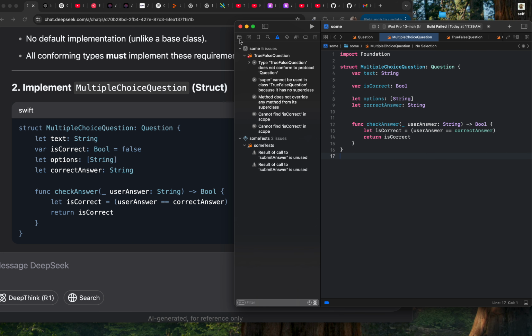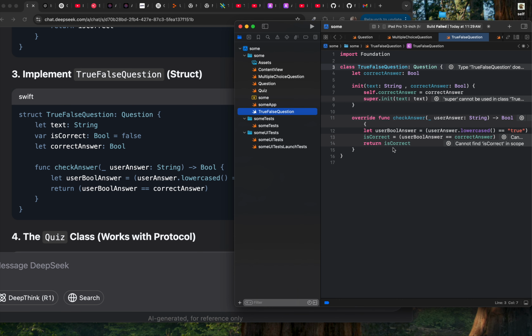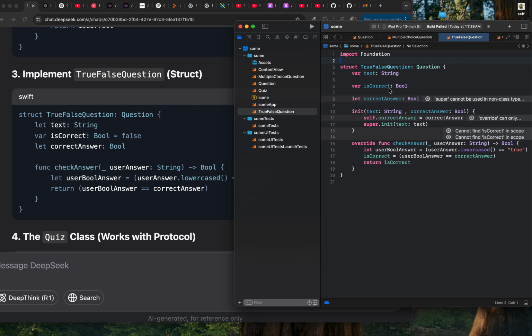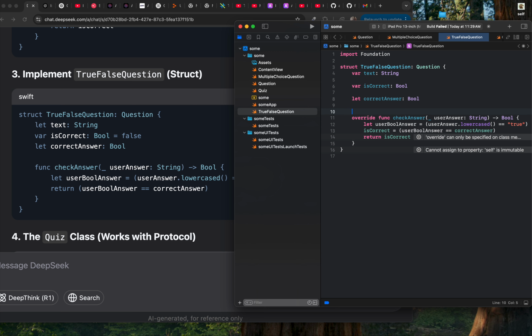We still have issues with the other set of questions. That is a true false question. Come back to the true false question. What does it say? Again, we are going to change this class to struct, and we are going to conform to this protocol. Yes, we can remove this, and we are not overriding it. We are implementing the protocol's check answer,